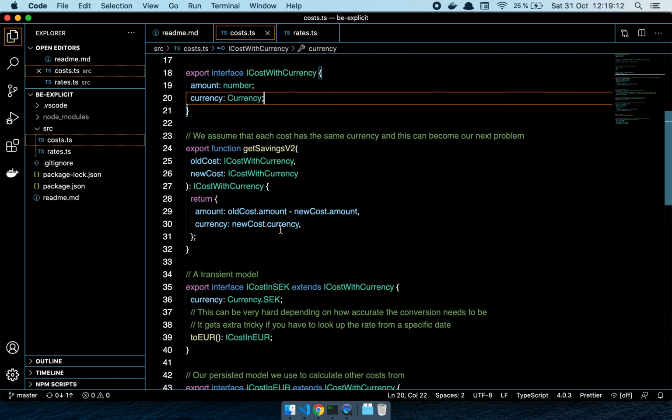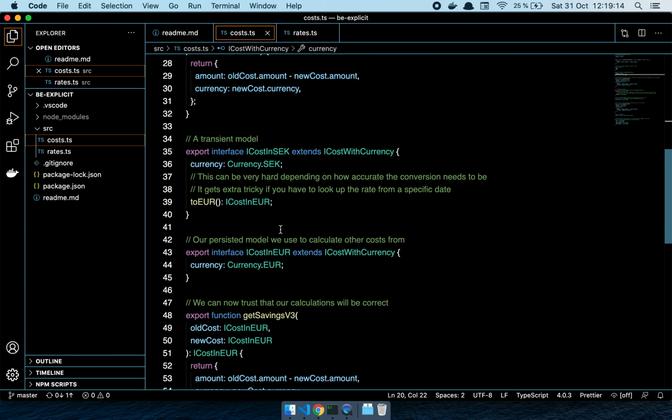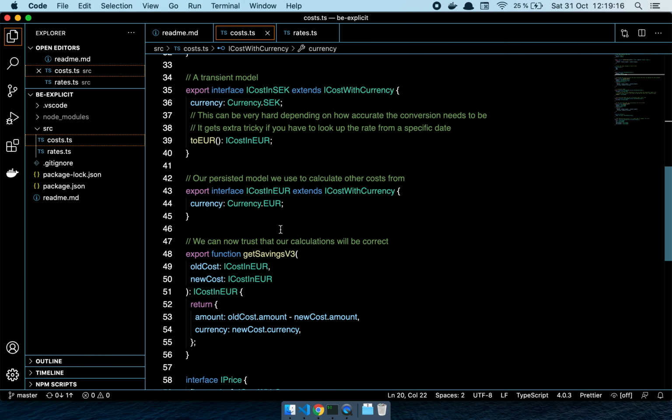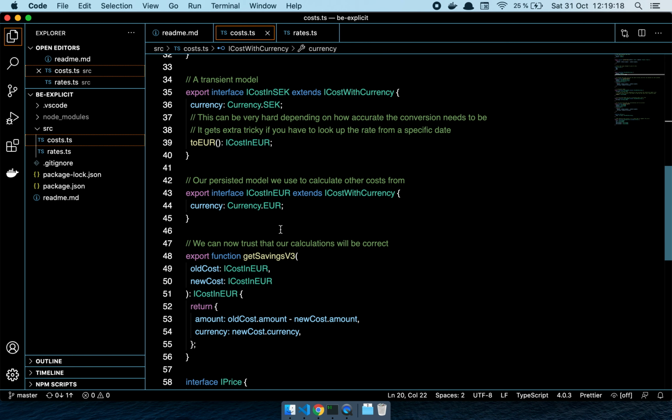So what we finally started moving towards, and kind of arrived at, is that we realized we're going to have to store the currency, but we're also going to have to be very specific about the type of currency that we're dealing with when we're handling a payment. So we moved over to saying, all right, we have a cost of something, but it is also in the format of something.